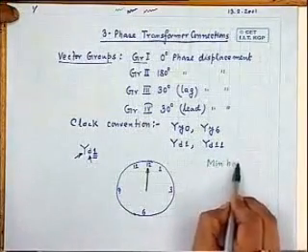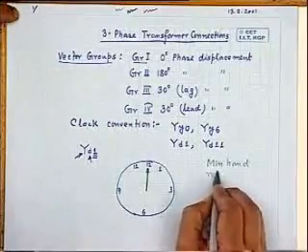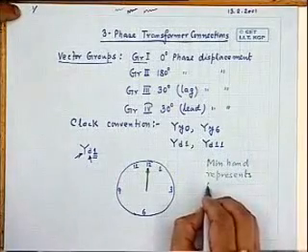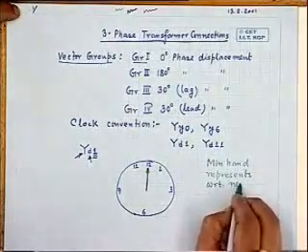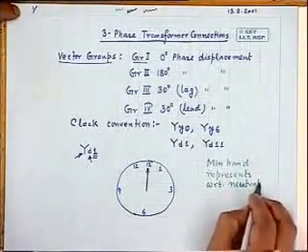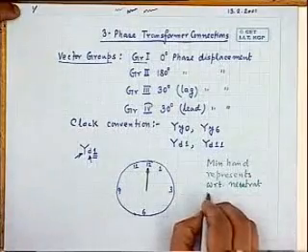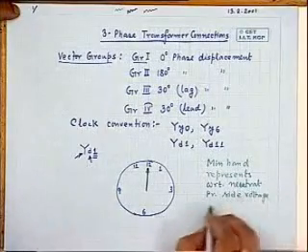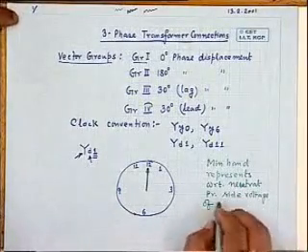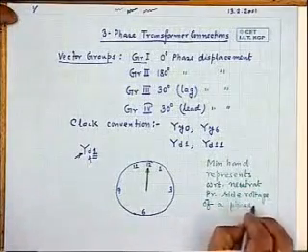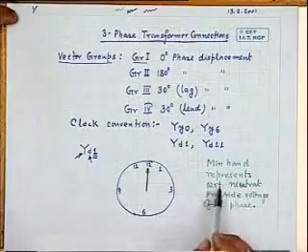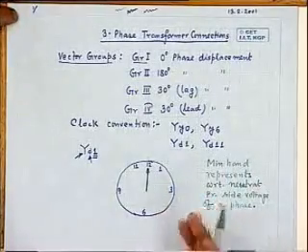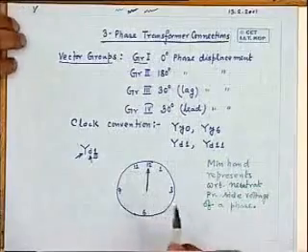So, this is the minute hand. So you write: minute hand represents, with respect to neutral, primary side voltage of a selected phase, and it is always shown to occupy the position of 12, because one phasor you can always fix up. So, this will always be shown positioned at 12.